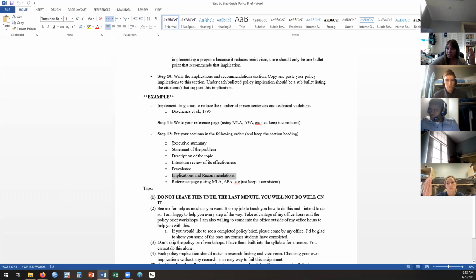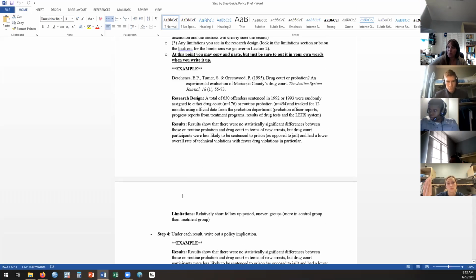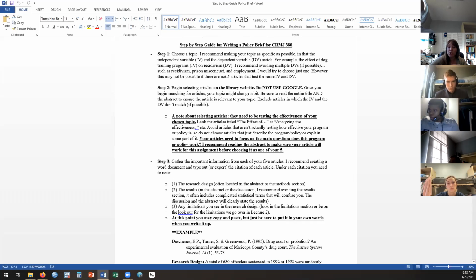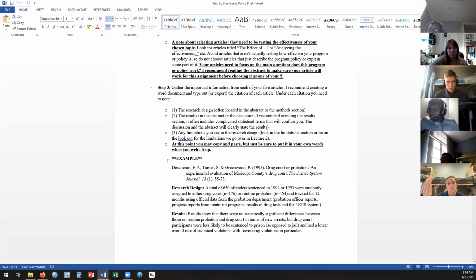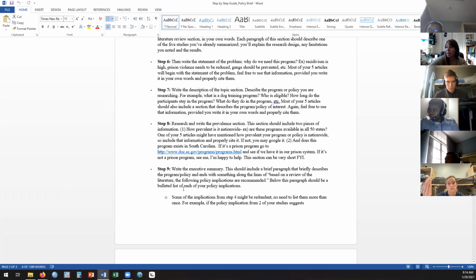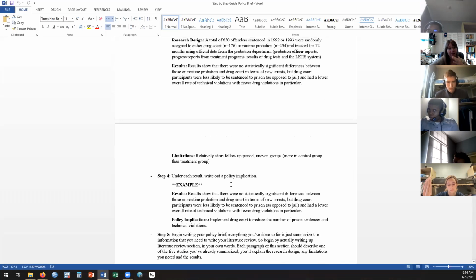So this is what all the sections look like, but there's a specific order to writing this. You have to start with the lit review because you cannot recommend policy based on research if you haven't done the research first. So when we start all the way up here, steps 1, 2, and 3 just involve the lit review. You'll see that first part, that executive summary, you don't even write that until step 9, right? Because you need to do all of the research before you can summarize it. So be very, very careful how you do this. There's a reason I have you do it in this order.